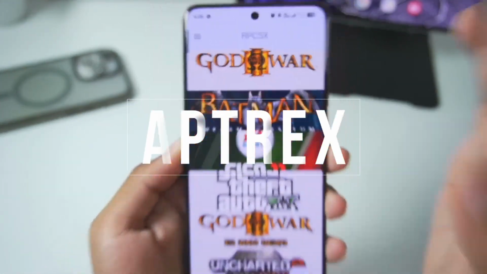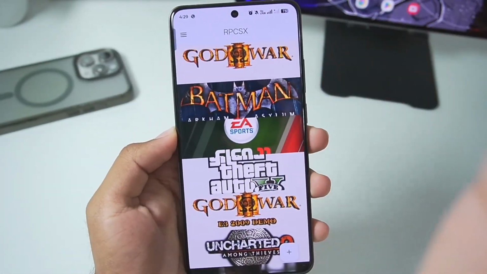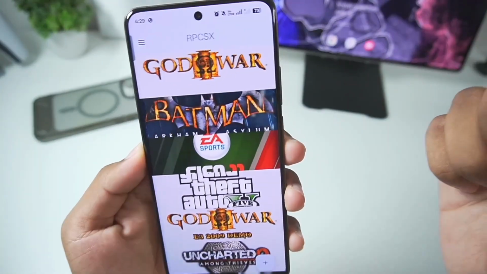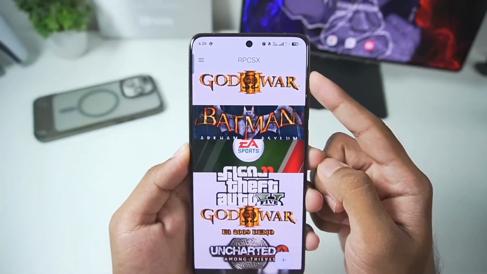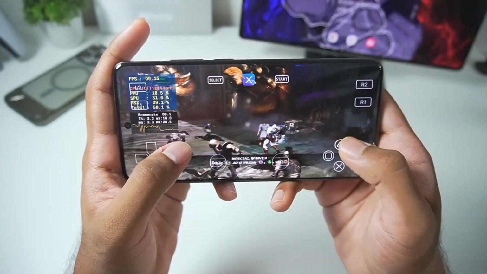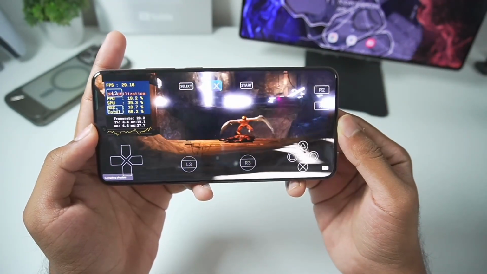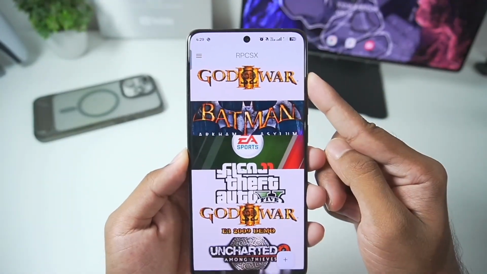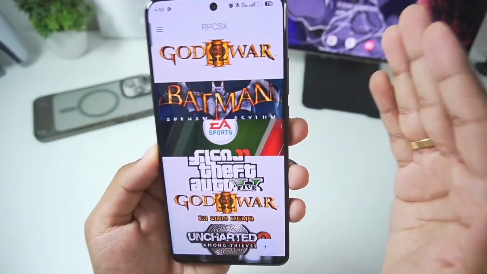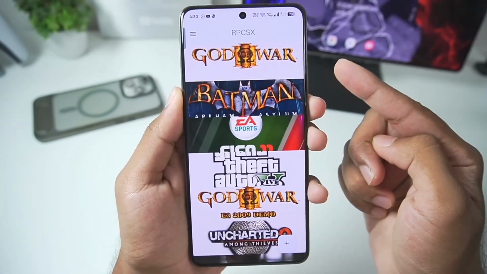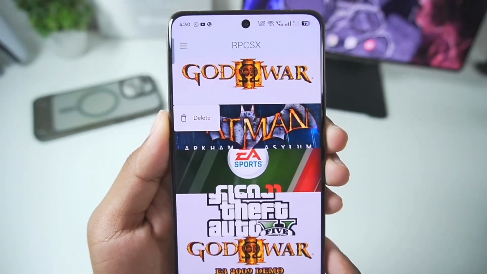Finally, today is the day where we'll be testing out the original God of War 3 PS3 game on our Android devices inside the Rpcsx Emulator. Now, I'm not talking about the demo version of God of War 3, I'm talking about the original game, and finally, in the newest version of Rpcsx PS3 Emulator for Android, I think we can now run this game without any issues. So here you guys will be able to see I have already imported the God of War 3